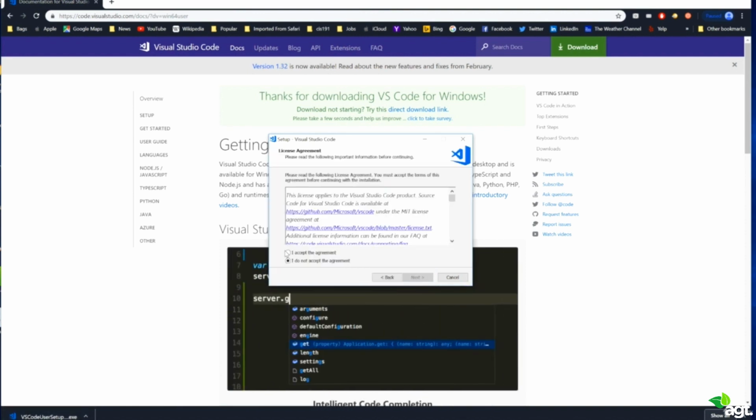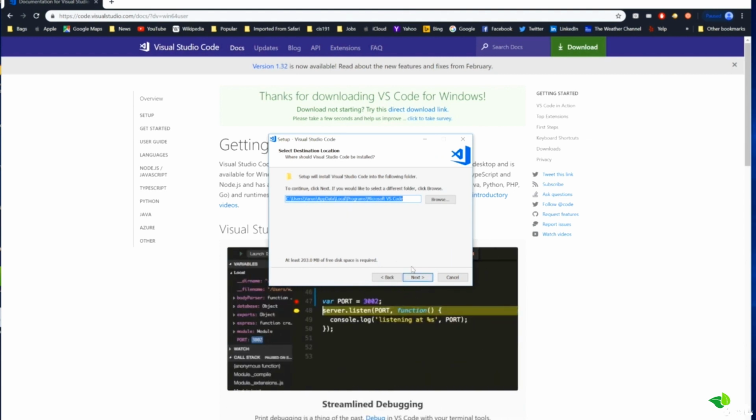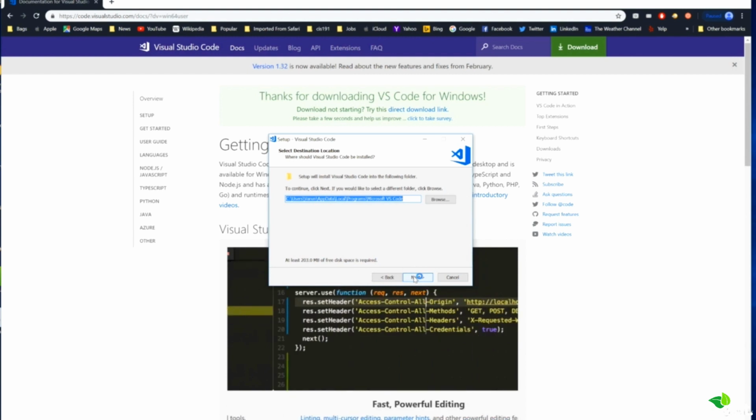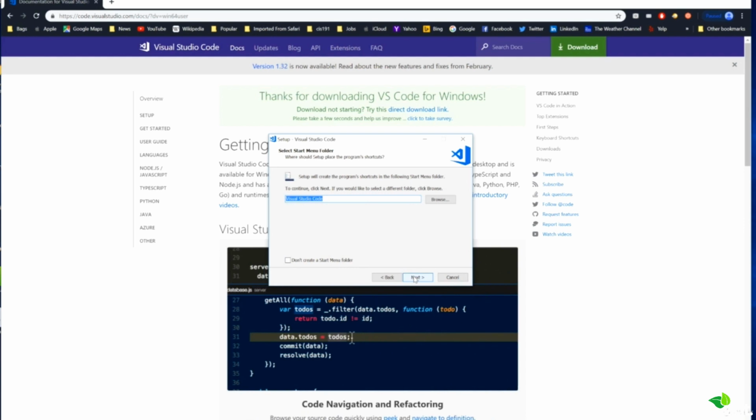Say next, accept the agreement. This is the default location. I don't mind it, but you can select whatever location you want for the installation. If you want the shortcut,